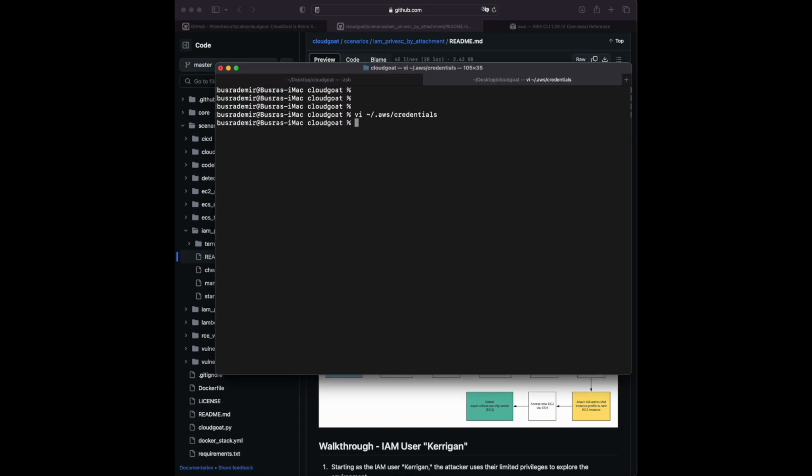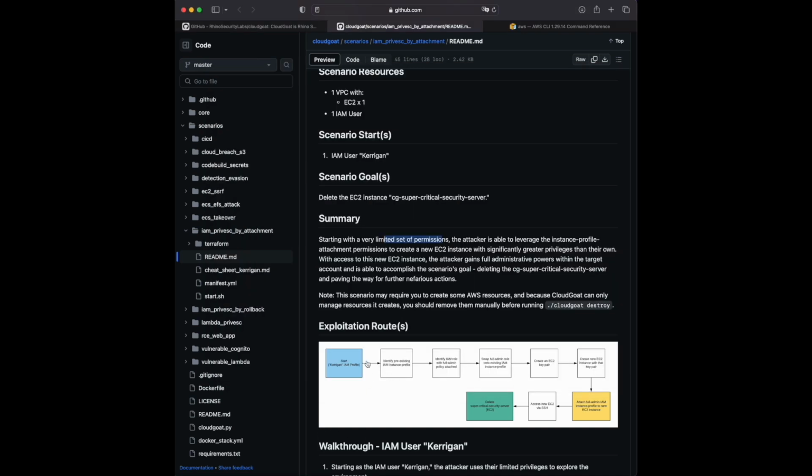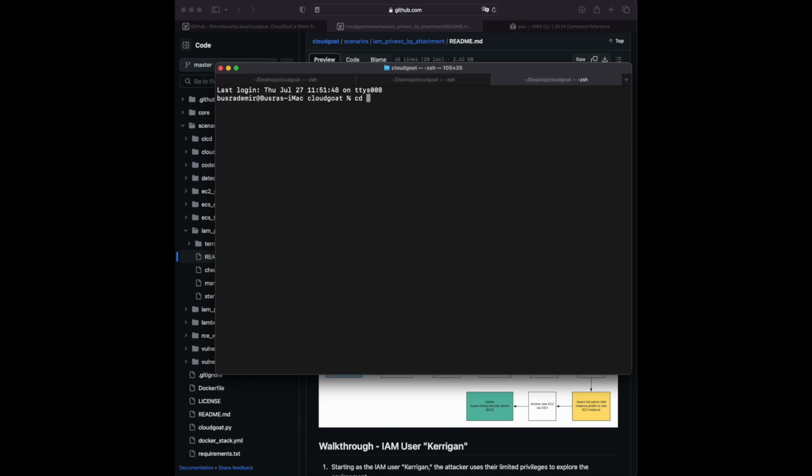So we're just adding the credentials again from the setup to our AWS credentials file. I just made this scene a bit fast. And then we will start enumerating the current user as always. One thing we can do is, in this video I used automated tools. One of them is Pacu. It's a very popular tool. I already installed it,